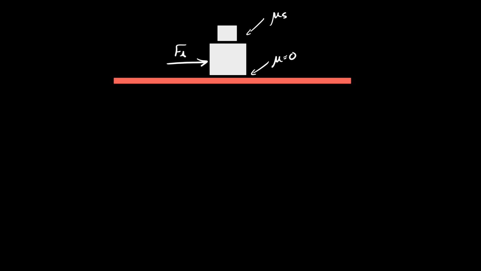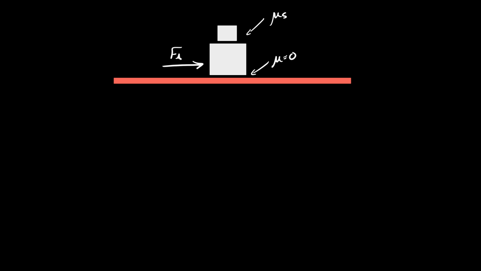Now, in fifth period, we did the problem where we pushed on the top box. Did it thoroughly. This is a challenging question. Let's do the problem where we push on the bottom box in this class. Now, there's no friction between the bottom box and the ground. However, there is friction between the two boxes.